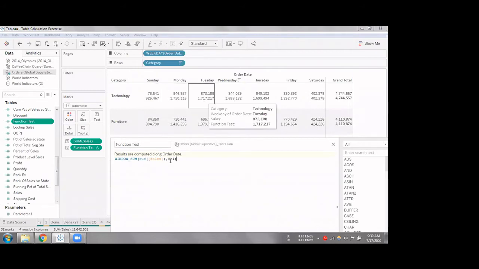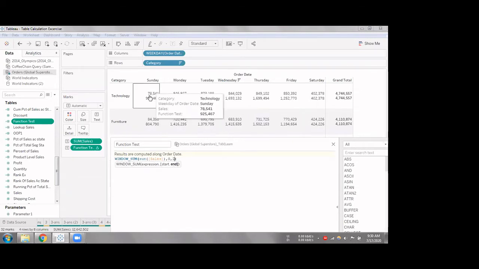So as of now, this is my position 0, and I'm giving go one step forward. When I'm here, my position is 0, go one step forward. My calculation should go in these 2 steps. So if I give my end position as 2, then when I'm here, my position is 0, it will take the next 2 steps.